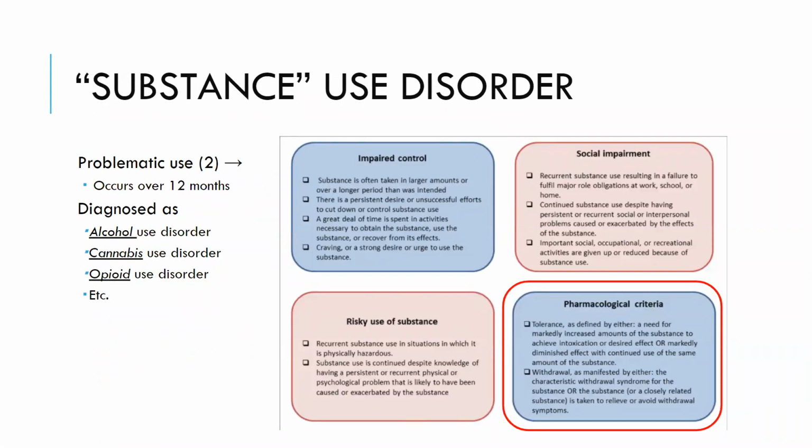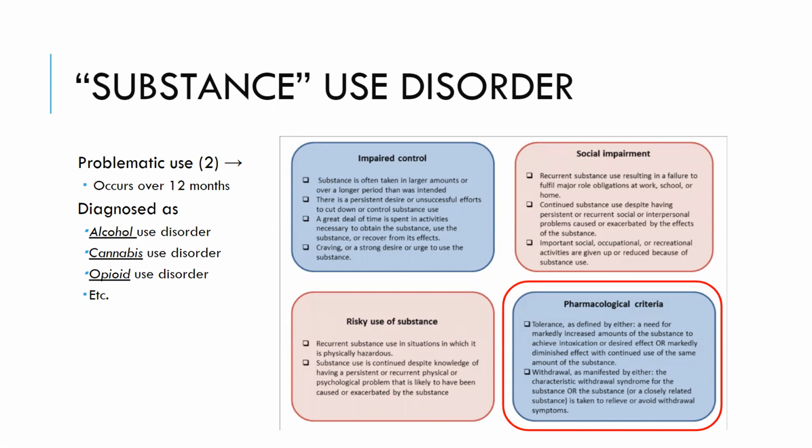In terms of clinical relevance, we have, in general, this single construct called a substance use disorder. I have the term "substance" listed on the slide in quotation marks because technically you wouldn't ever diagnose a person with a substance use disorder. Instead, you would replace the word substance with whatever the substance is that we're dealing with. So if someone was experiencing a problem with alcohol, they would be labeled as having an alcohol use disorder, or potentially we could be dealing with a tobacco use disorder or an opioid use disorder or a cannabis use disorder,